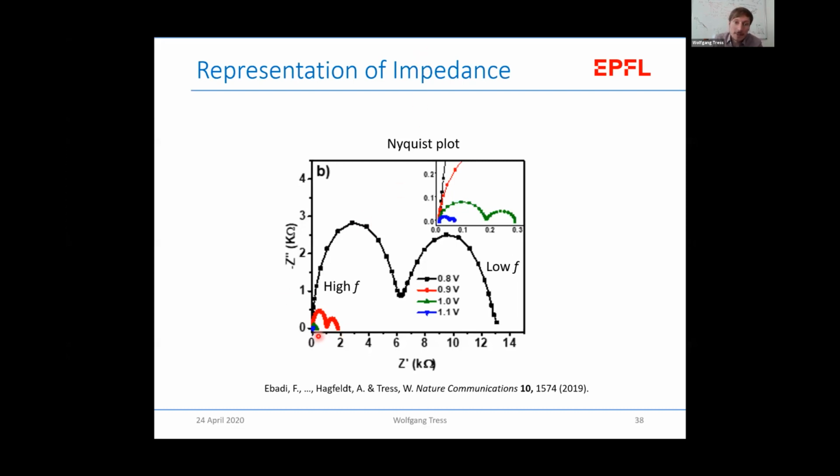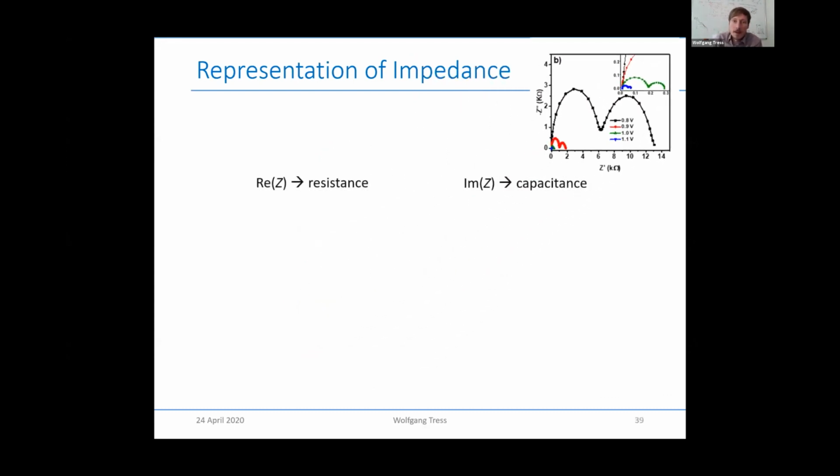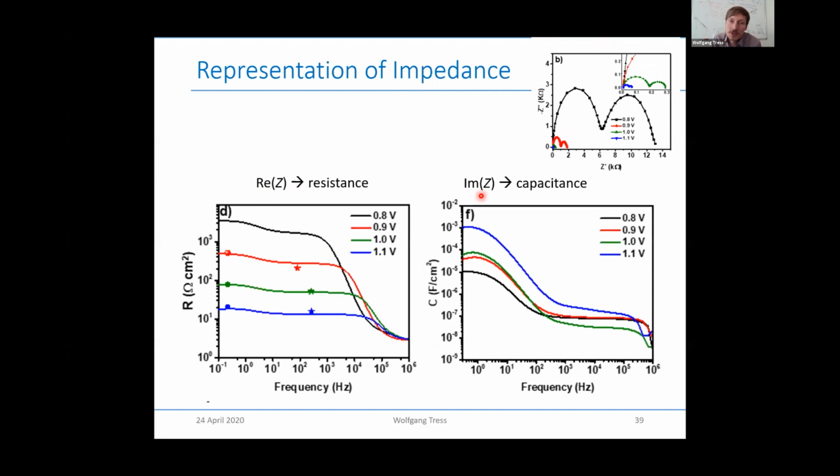And we can then see in principle capacitive contributions which go up here and resistive in this direction. When we get several of these semicircles, we can assign some RC elements to them. So instead of plotting these semicircles, we could also make another plot. There are all kinds of plots like the Bode plot. I now want to, for example, plot the real part here, which gives a kind of resistive contribution, and the imaginary part